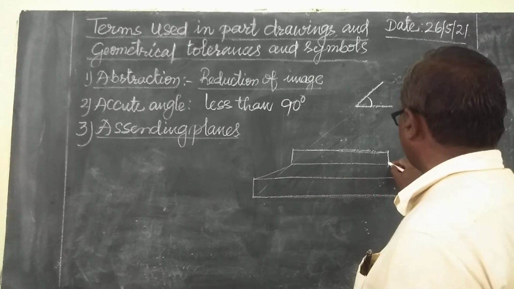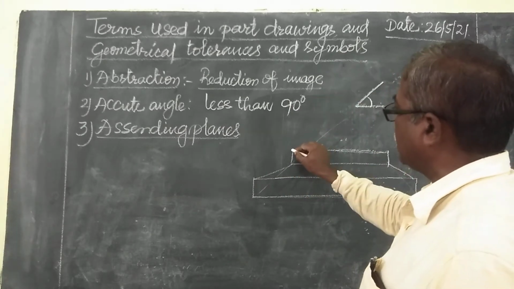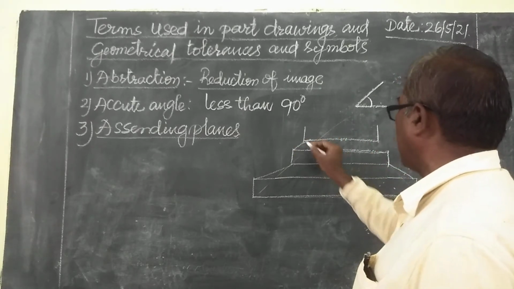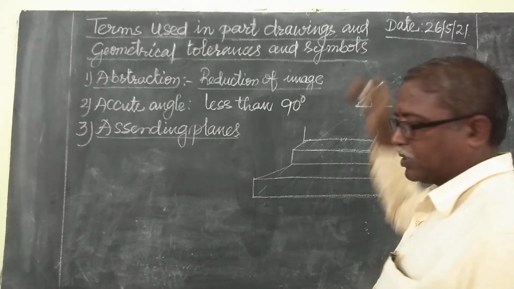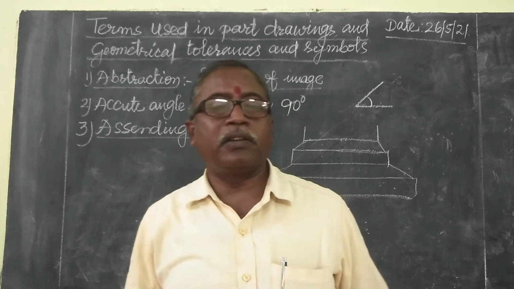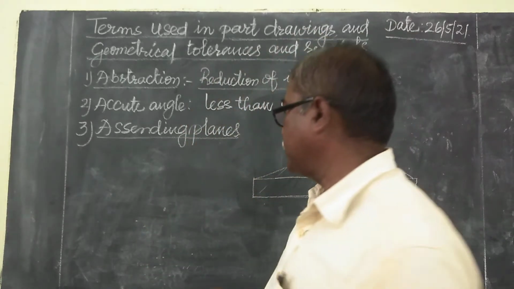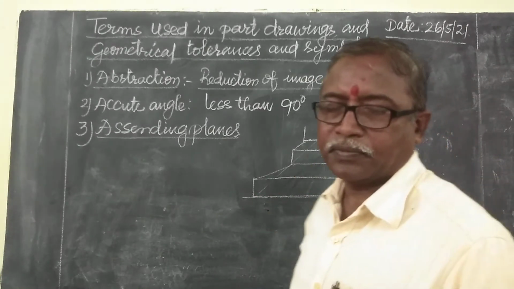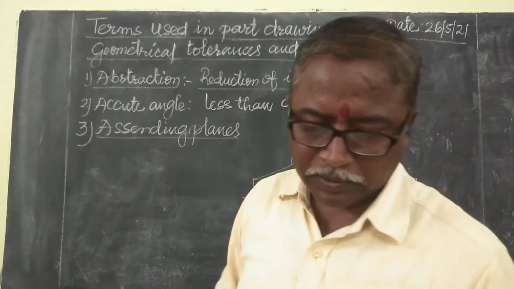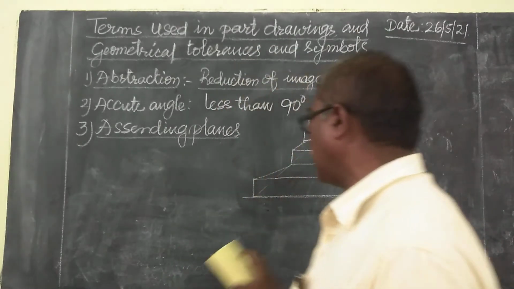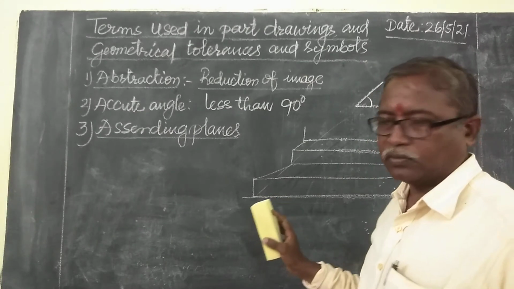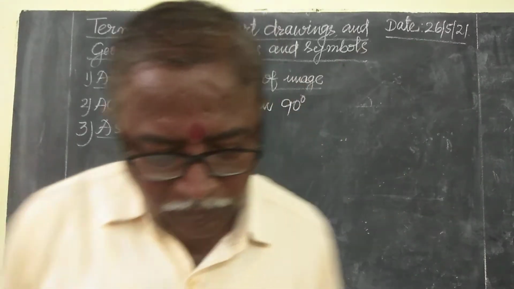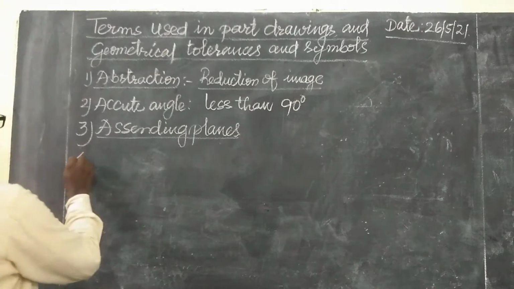For example, continuously raising and going like this, then raised, then angle. Continuously, step by step, the planes we made are all ascending order. This is above the horizontal line, ascending order, horizontal plane. Then the fourth one is background.